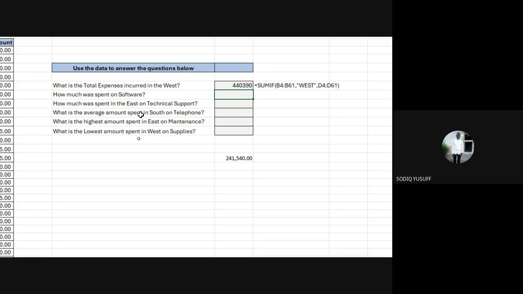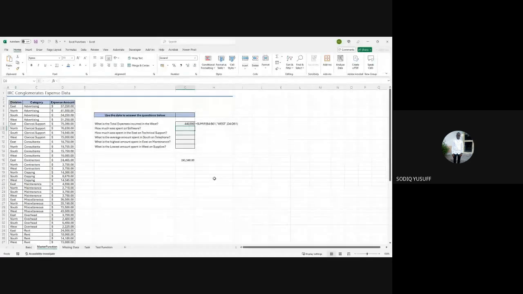How much was spent on software? Do that and drop the answer in the chats.